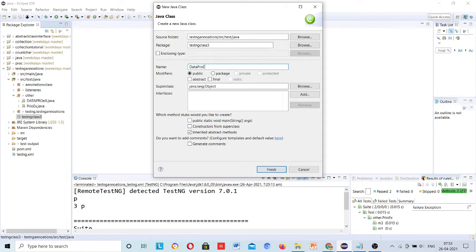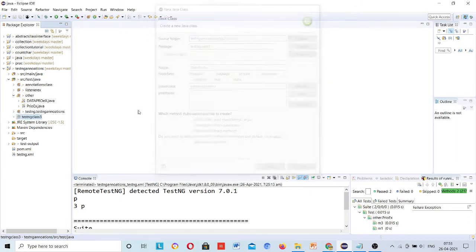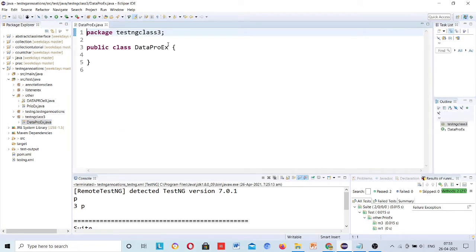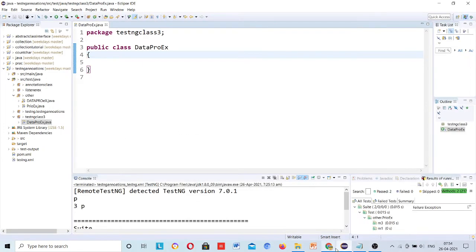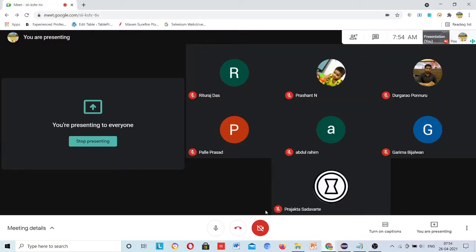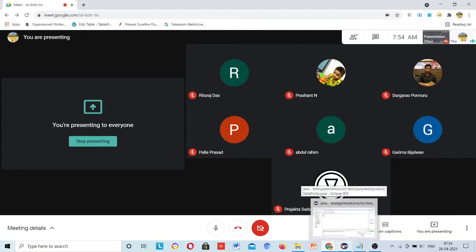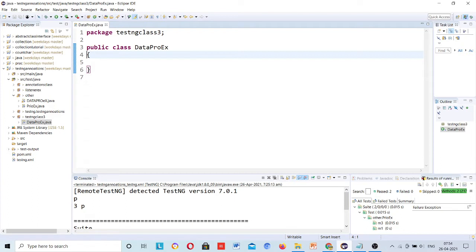Data provider example. Okay, so suppose we have to log in with multiple usernames and passwords, and we know that if you want to test a login system, then we have multiple correct and incorrect usernames and passwords. For that kind of requirement, we use this data provider annotation.